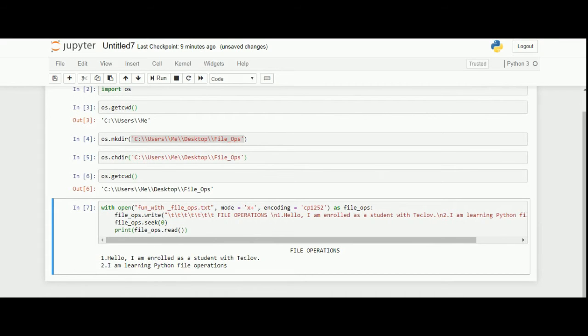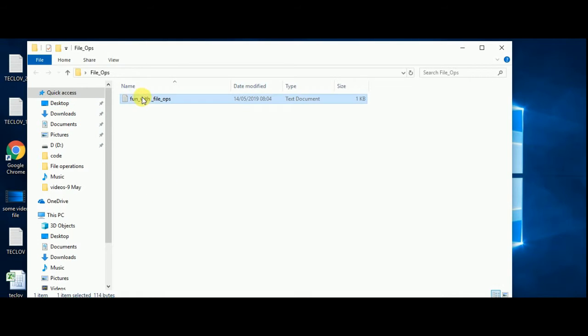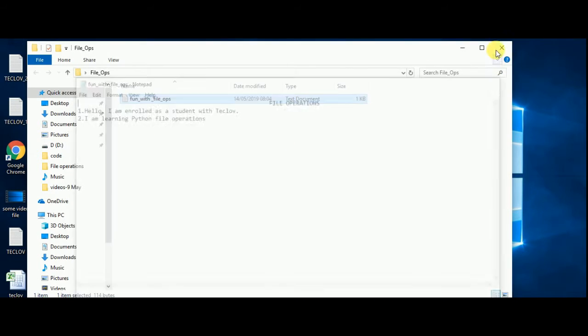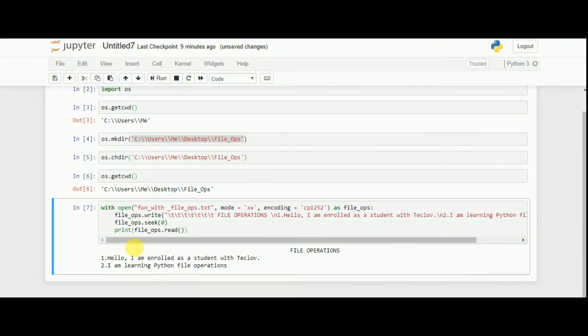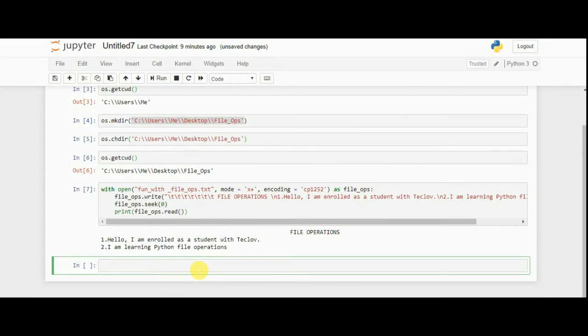Let's check in our desktop that this is the folder we have created, and it has created a file with the name fun with fileops, and we have written these lines. So now what I want to do is copy the contents of this file into a new file and add something into that copied file. So for that,